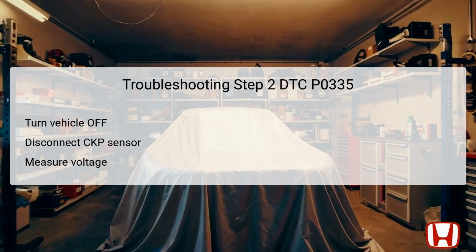In the second troubleshooting step, turn the vehicle to the off/lock mode and disconnect the CKP sensor's 3P connector. This disconnection is critical to isolate the CKP system and evaluate its electrical integrity. After disconnecting the sensor, switch the ignition back to the on mode while making sure that your vehicle's engine is